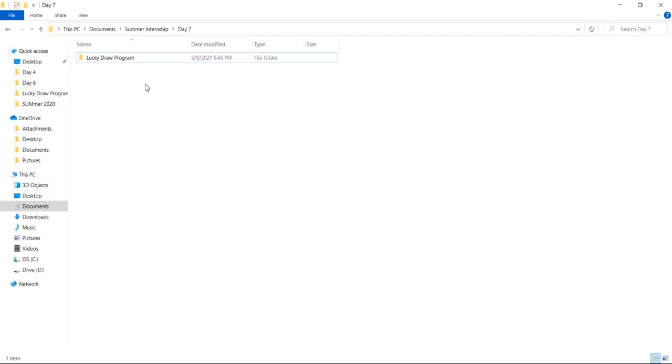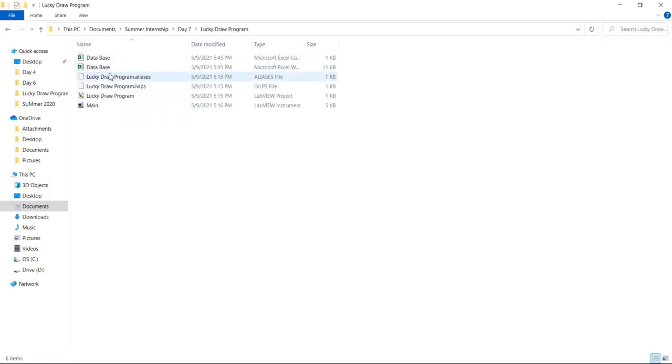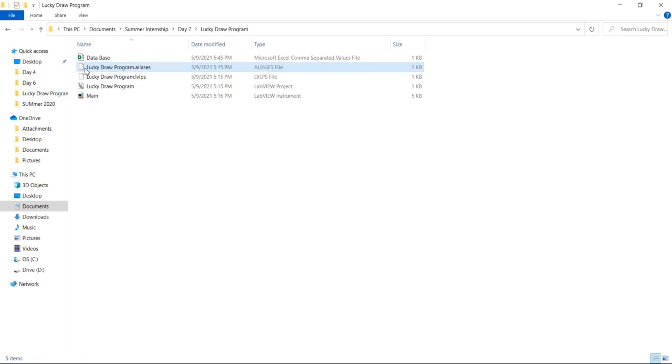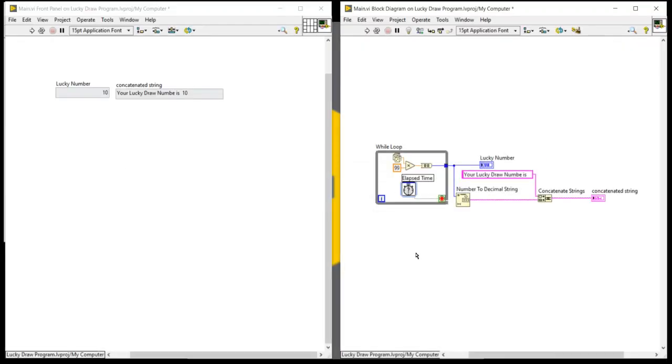Now I can check my file. So my file is present here. One is the Microsoft file and one is the CSV file. So I will delete this Excel file from this location, and after that come to the program.